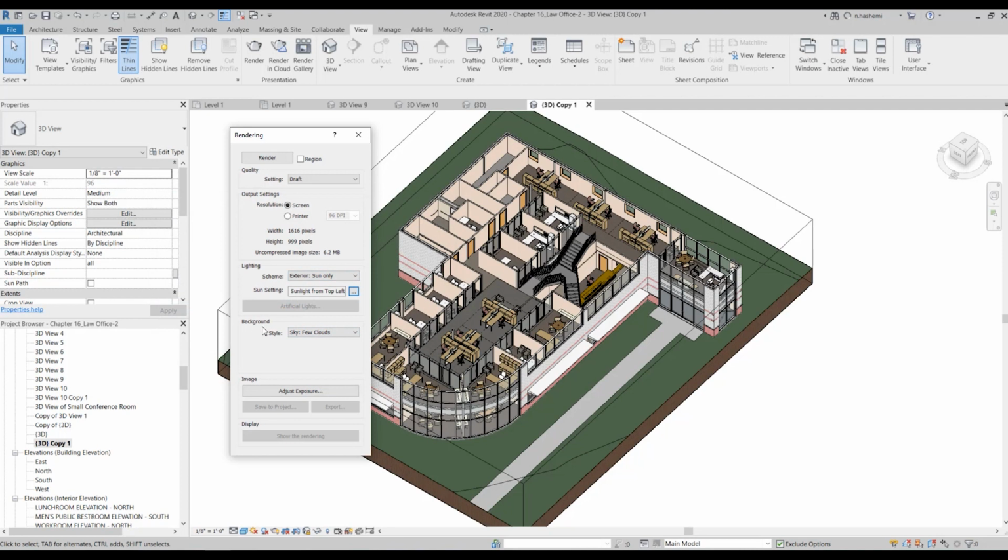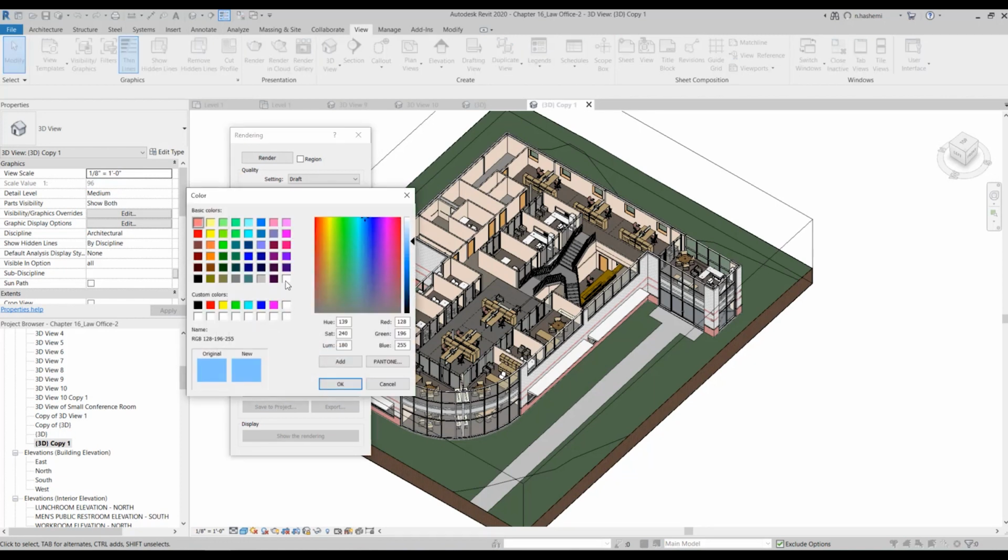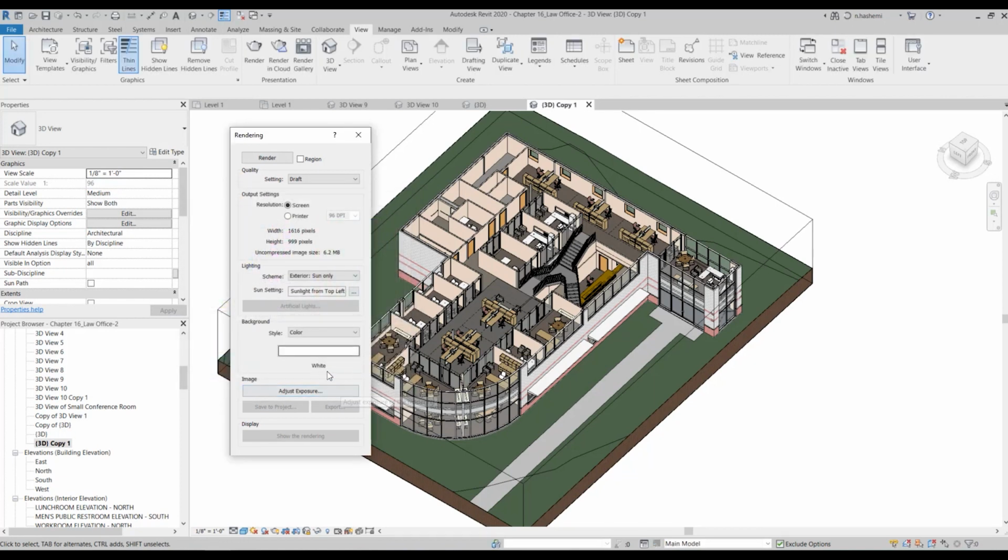And then the background, which would be this white over here. I'm going to change the style to color, and set it to white. If you want any other color, black or anything like that, you can change it from here. And then just hit render and it's done.